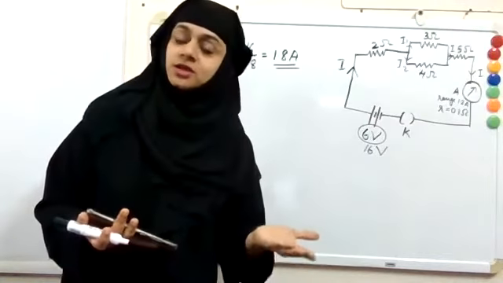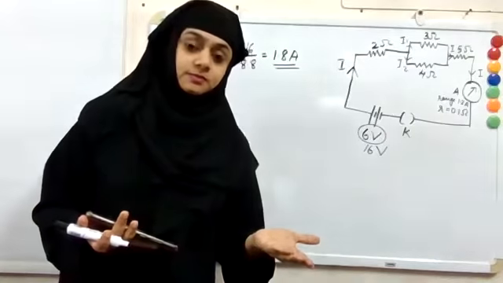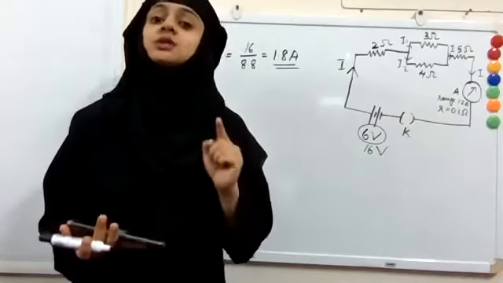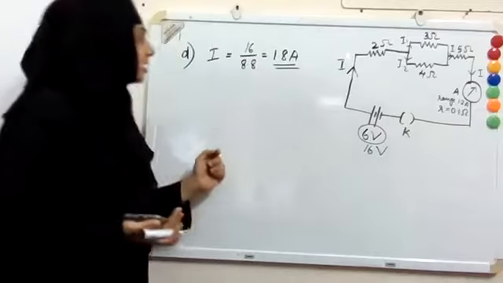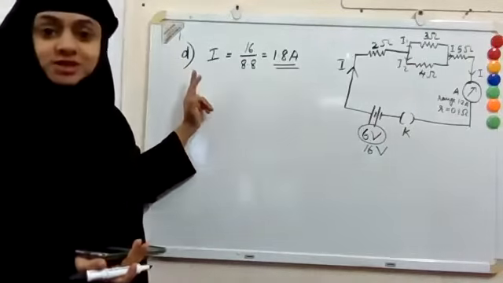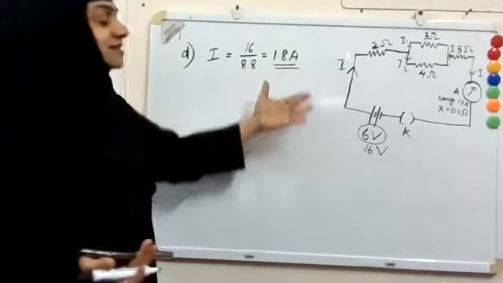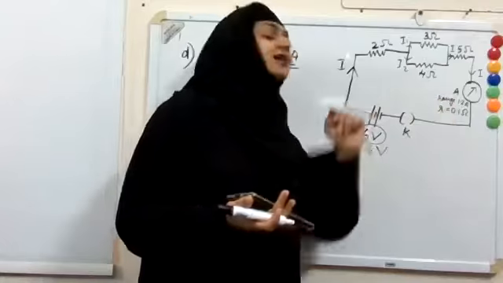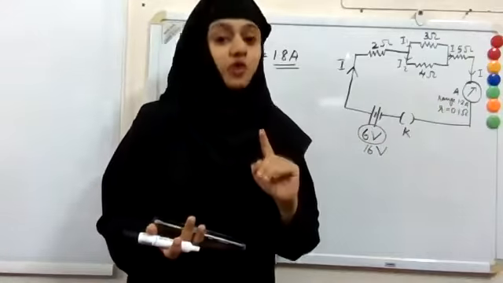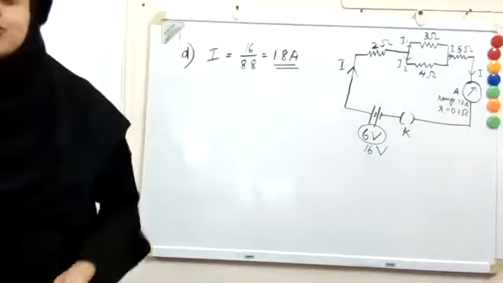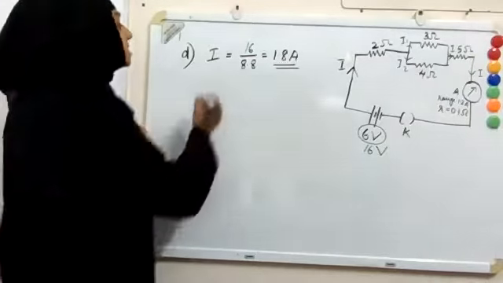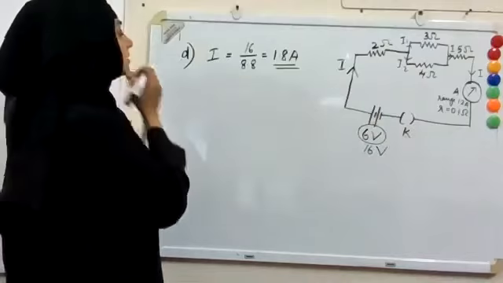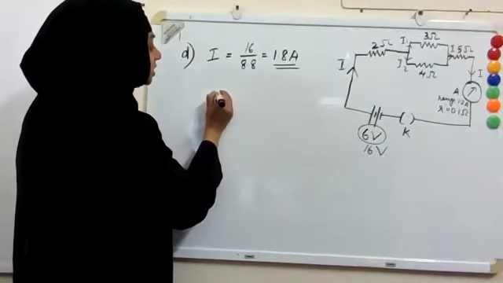How can we increase the range of an ammeter? Using shunt. By adding shunt. So you have to use a shunt. So this is a 4-mark question. So once you find the current, just to write, replace this ammeter with another one having a higher range cannot score you 4 marks. So here you have to write that you have to use a shunt to increase the range of the ammeter. And what should be the value of shunt?